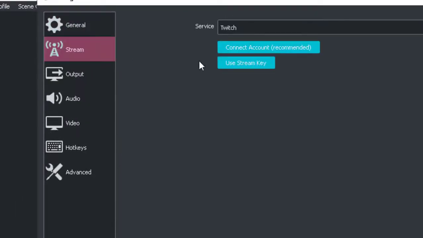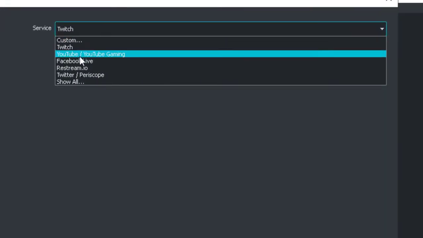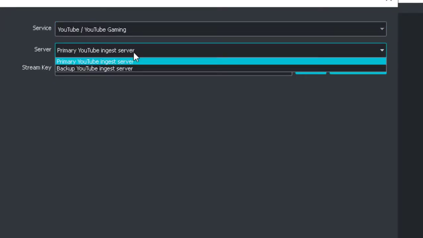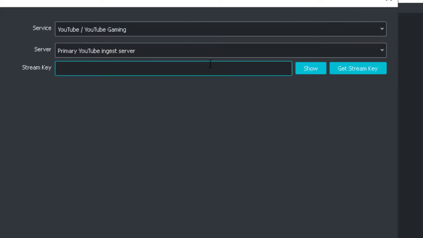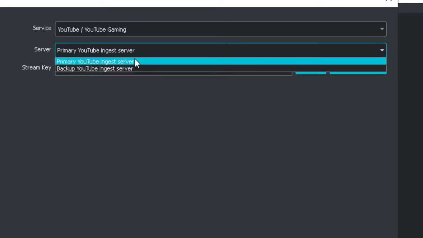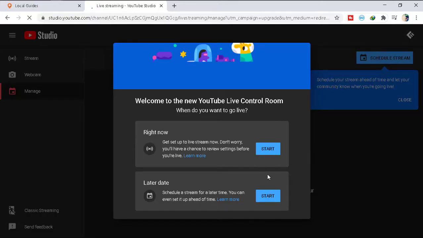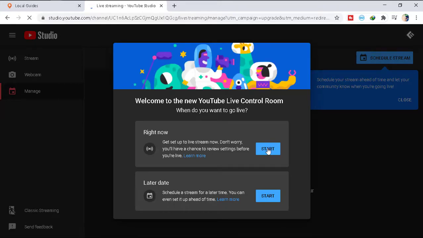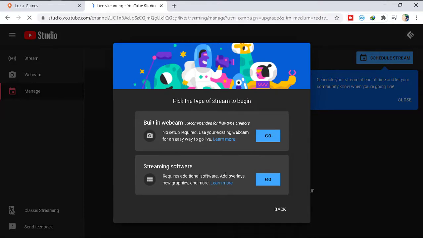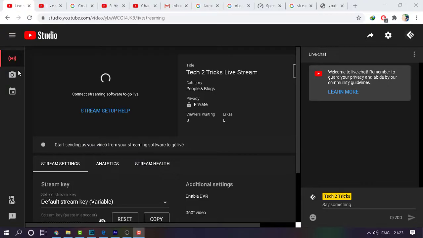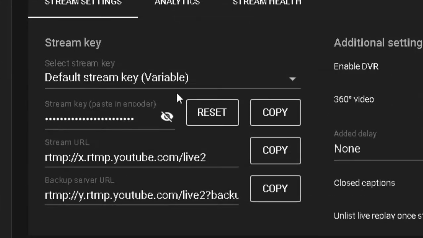Now let's go to the streaming session. If you're into the streaming session, you have an option to select the service. Right up here you can select the service in which you want to stream and select the server. Once you're done with that, click on get link, and yeah, you'll be redirected to the YouTube studio, and right in there set up the links. You can select the stream editables, and once you're done with that, right in the studio itself, you can click on stream from the software, and once you click on that, you can easily stream from the software itself.